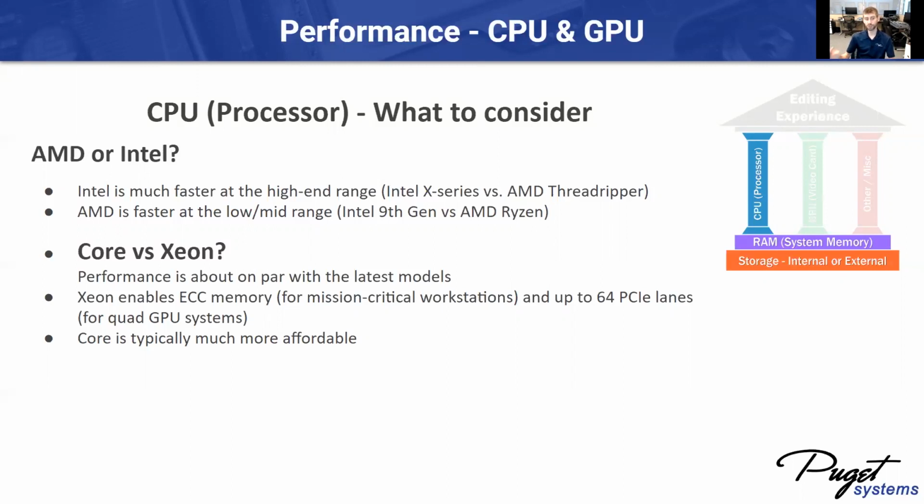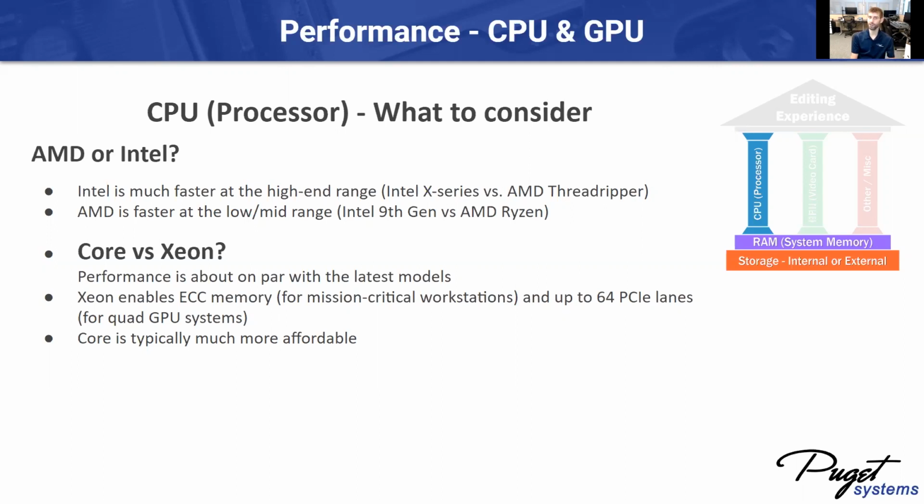But the most recent Xeon Ws, which are technically out, but there's not really motherboards, so no one is actually listing them yet, are as good as Core when you're talking about just straight performance. Xeon does enable ECC memory, so we were talking about that before. One of the bigger things is actually that it allows 64 PCIe lanes on this most modern edition. And that's very important for